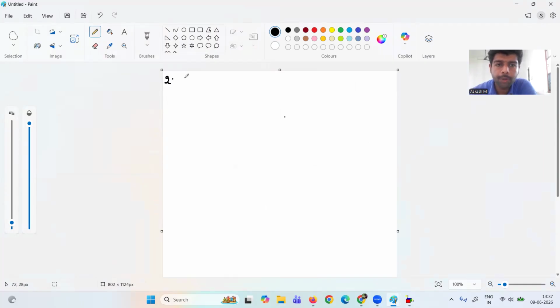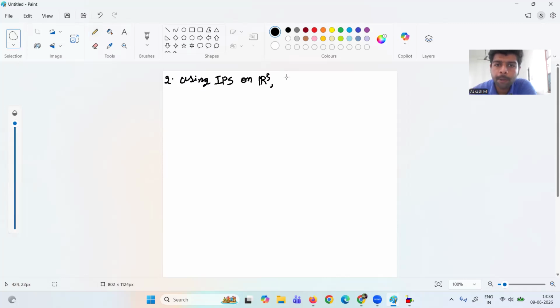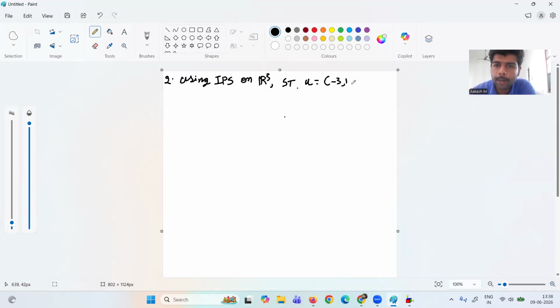Using the inner product on the inner product space R cubed, show that u equals (-3, 1, 0) and v equals (2, -1, 3) satisfy, first, the Cauchy-Schwarz inequality (CS is the Cauchy-Schwarz inequality),